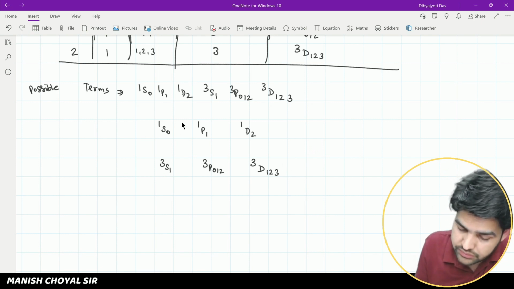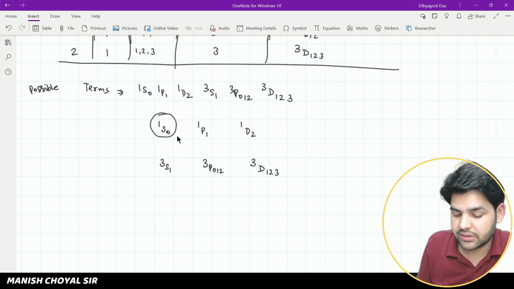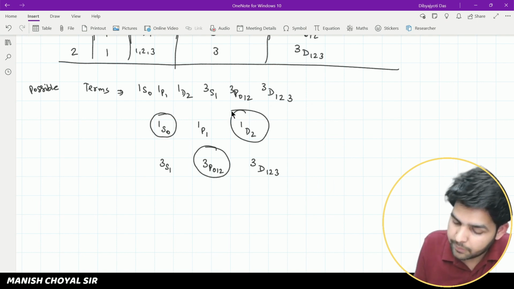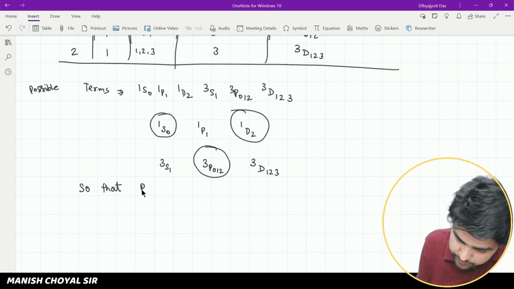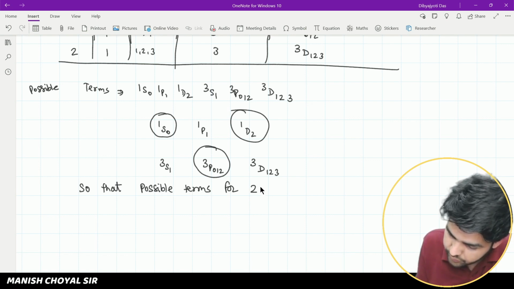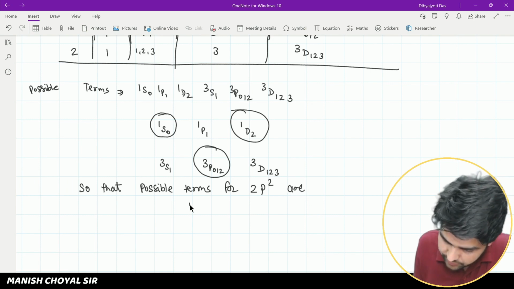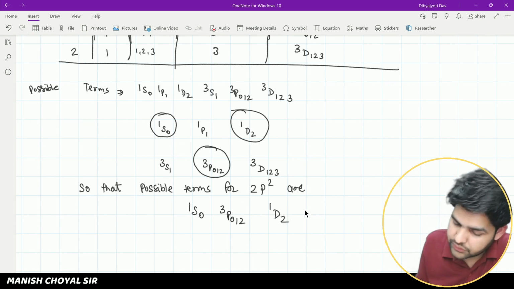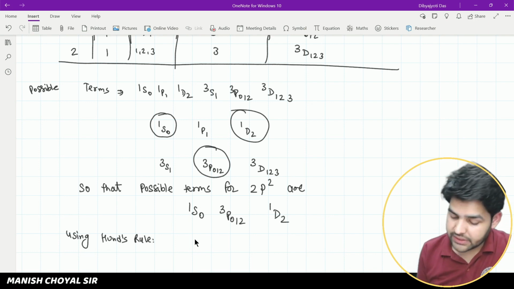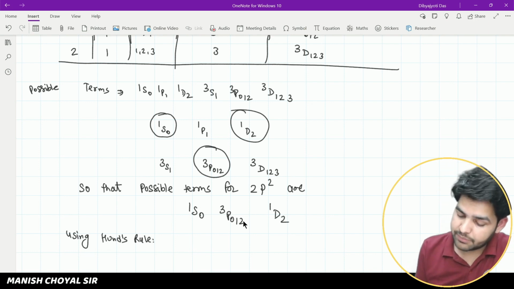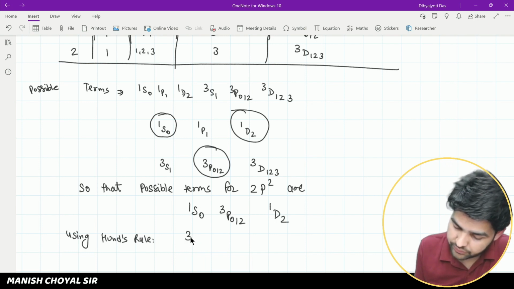So now we can choose alternately. If we choose first, then the alternate term is this and this, so the possible terms for 2p2 are 1s0, 3p012 and 1d2. So now using Hund's rule,